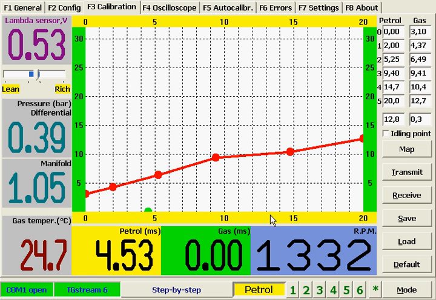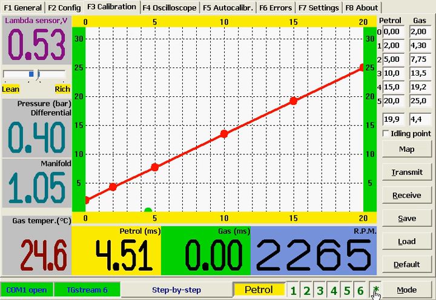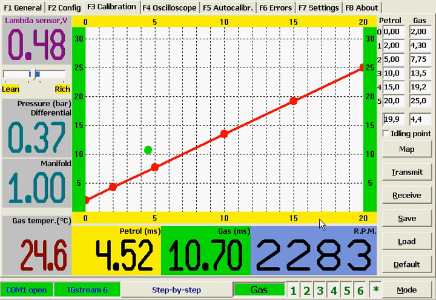Now let's go back to default settings. While transmitting the data, pay attention to the current mode of the engine. If the engine is switched to petrol, before pressing the Transmit button, take a look at this window. After pressing the Transmit button, this window shows you that the data is transmitted and after a short while saved into the controller memory. If the engine runs on gas and engine revolutions per minute exceed 1500, the data transmission is possible,